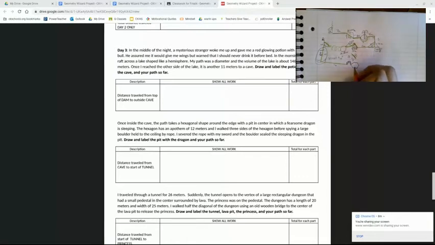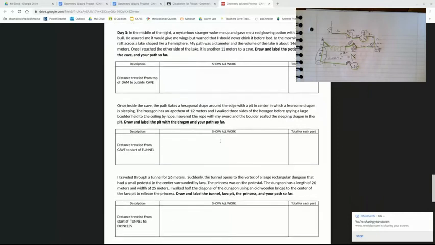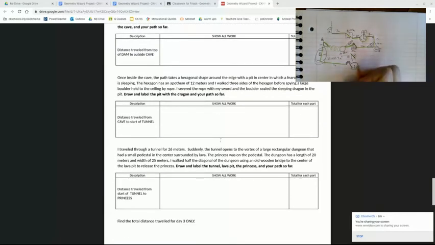The hexagon has an apothem of 12 meters. Hey, look, regular polygon. You will need to figure that out. I am walking 3 sides of the hexagon. There is a sleeping dragon in here, and there's a boulder hanging above. I cut the rope holding the boulder, and I sealed the sleeping dragon in the hexagonal pit. I then travel 26 meters down the tunnel